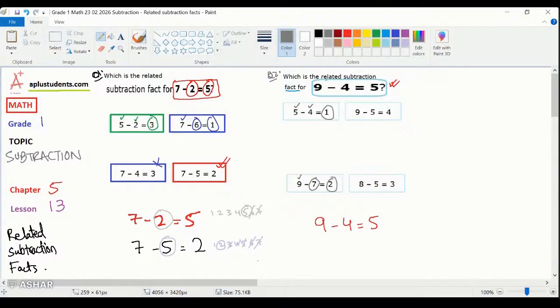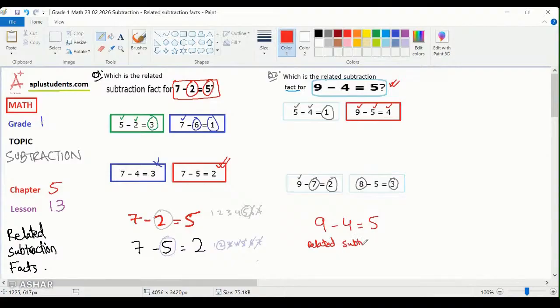For the next one, 8 we don't need, 3 we don't need, right? Because in the given equation, 9 minus 4 and 5, we are only looking for the numbers 9, 4, and 5. So what we can say in this one is 9 minus 5: we have the 9, we have the 5, and we have the 4. So the related subtraction